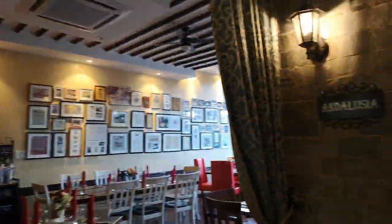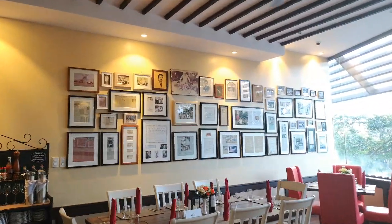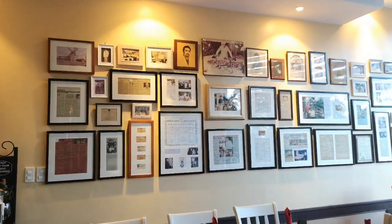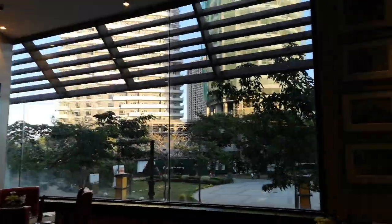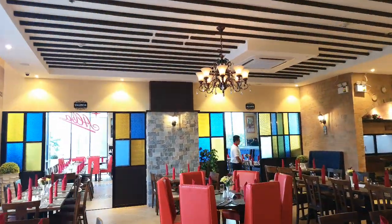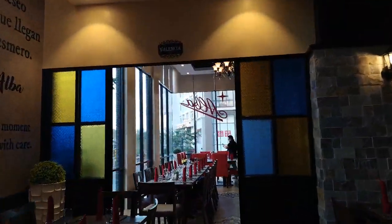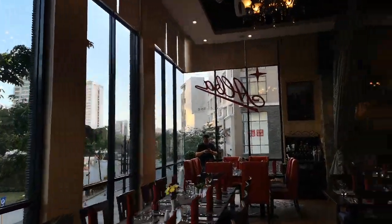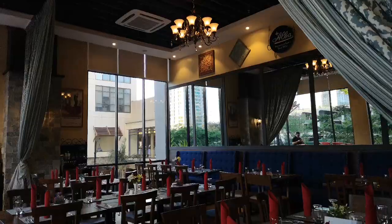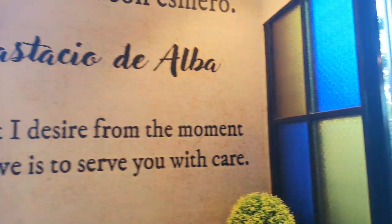On the Andalusia function room, you have the Wall of Heritage, which are press releases from Alba's rich history. And then on the other side is the Alicante and the Valencia function room, which has a really nice view of Capital Commons. And that is